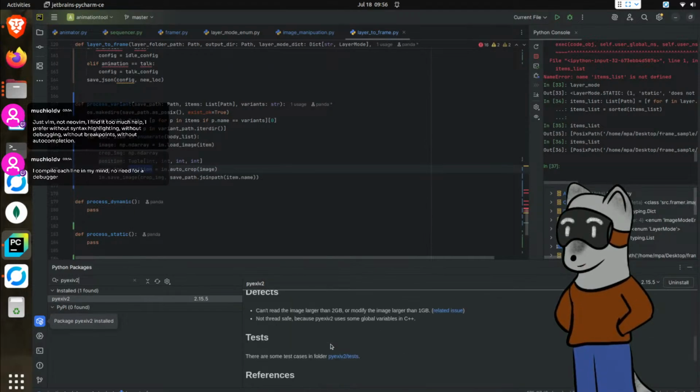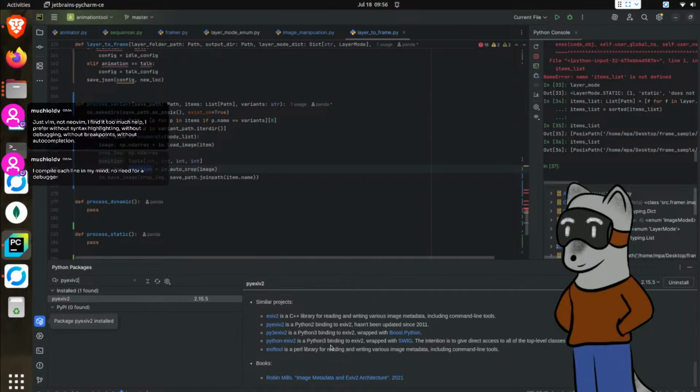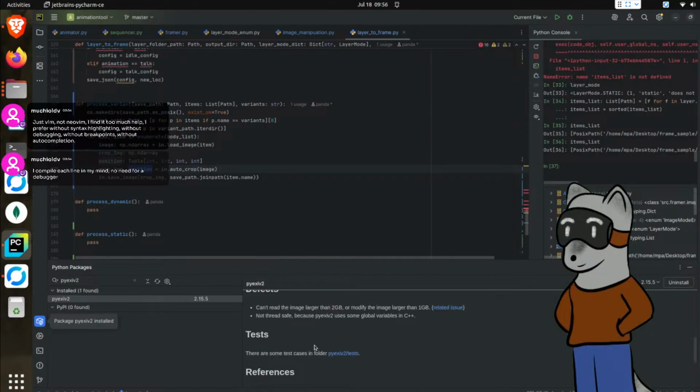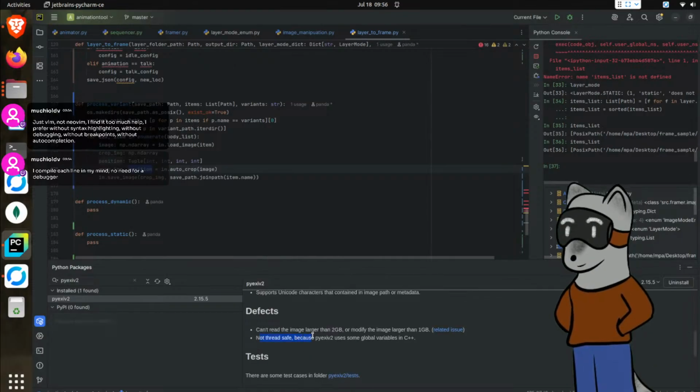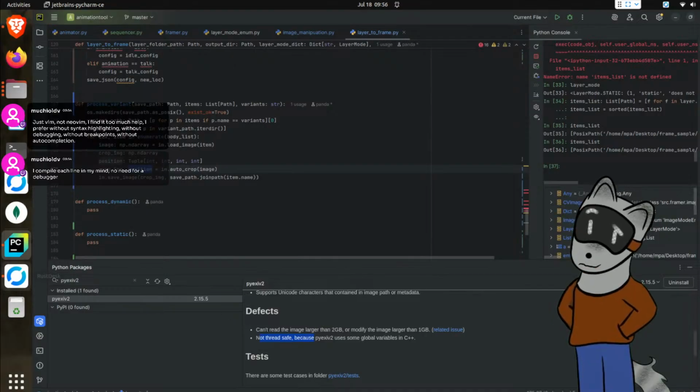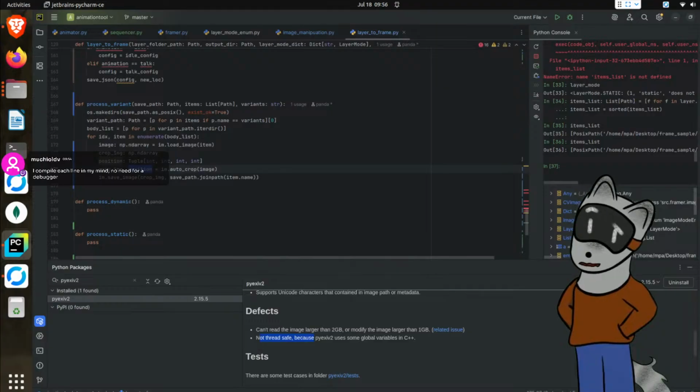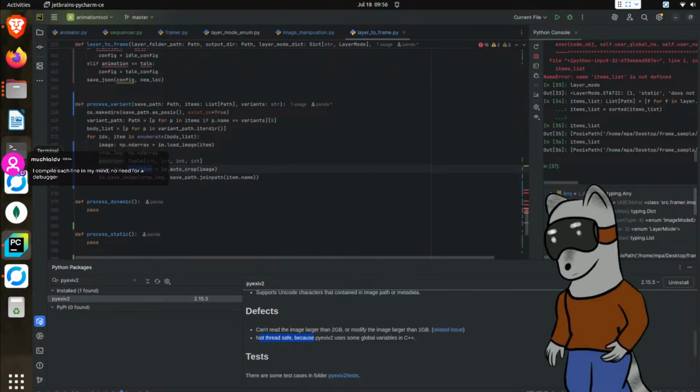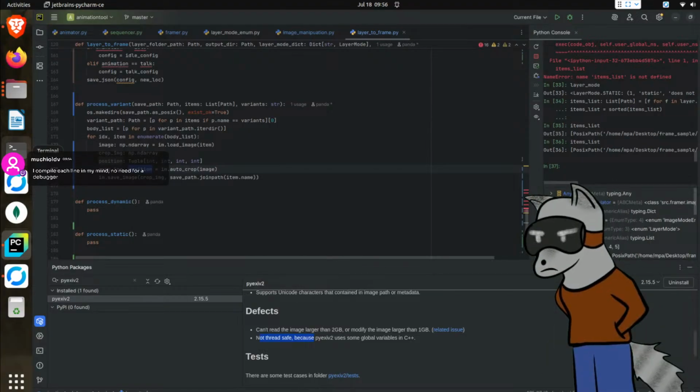Yeah, right here. It is not thread safe because it's using global variables, but given that what we're working on here is just a conversion of images from one file to another, I think it should be fine. Actually,